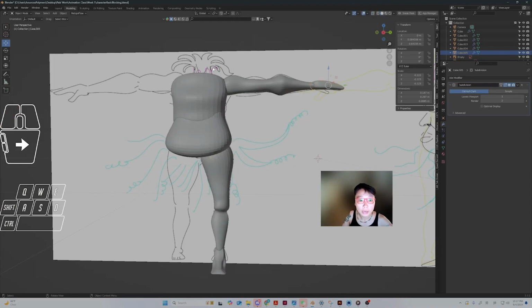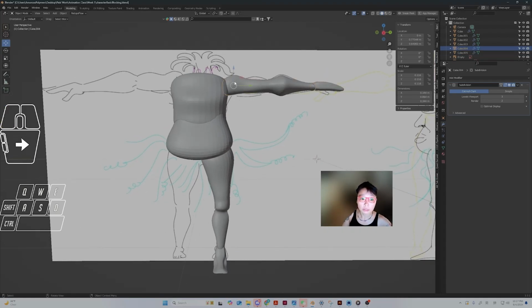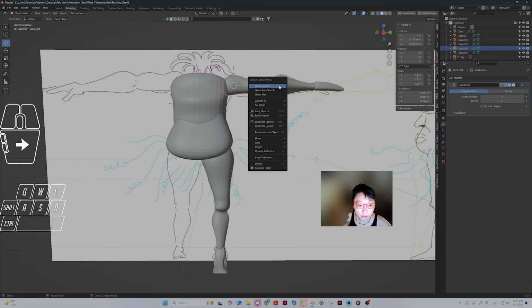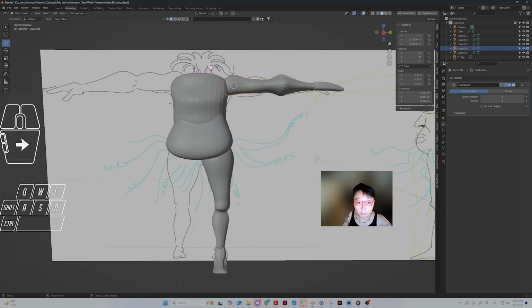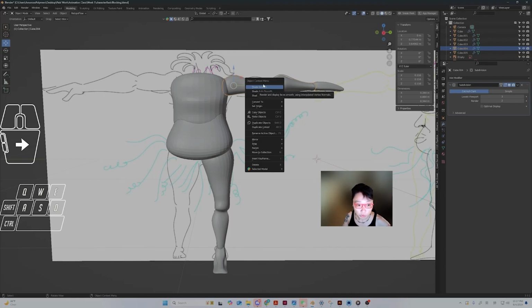So we have the basic shapes of the arm and the legs. It would be so much work to have to do this all over again. So now what we can do is select the object. I think we can mirror here, right? So again, if you right click on any components, objects or vertices, edges, it'll take you to additional menus and tools. So if you hit mirror,